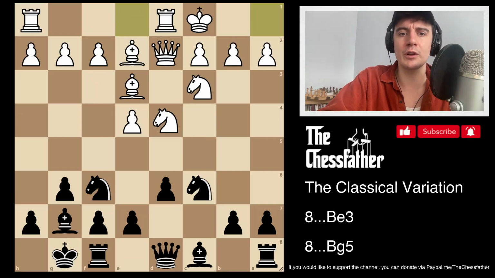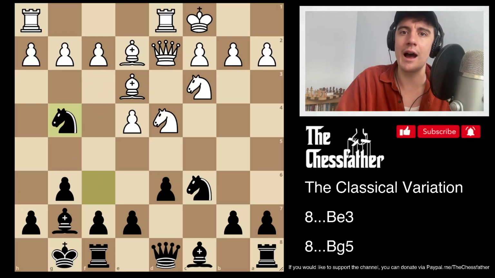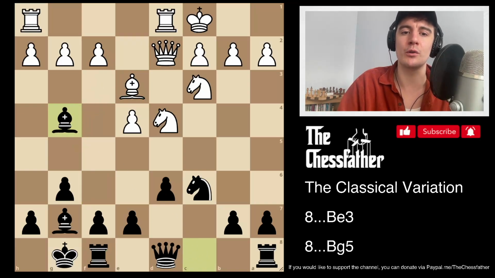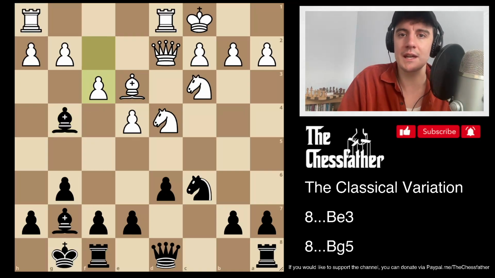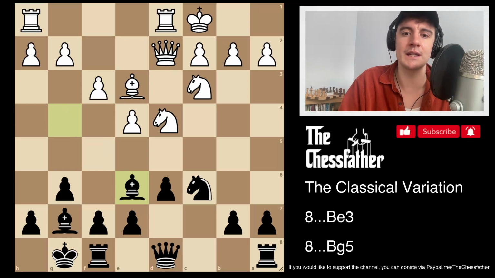So you ask yourself, okay, well, what does f3 do? It prevents anything from hopping into g4. So where is the weakness in this position? Aha, now I found the move, knight to g4, going after, of course, one of white's best pieces. And once the knight is chopped off on g4 and the bishop takes back, and they do play f3, gaining a tempo on the bishop, well, now we can just keep the bishop pair, drop the bishop back to e6,